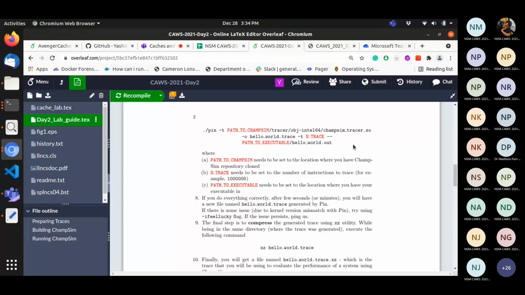Okay, so for this n trace value, I should give the value as 2 million, right, instead of the value provided here? It depends on the number of instructions that you're warming up and simulating. When we say warm up for 1 billion and simulate for 1 million instructions, in total you're executing 2 million instructions, right? So in this case, you can just put the value of 2 million here. Even if they don't do that, it will repeat the trace from the beginning, so there will be no difference.